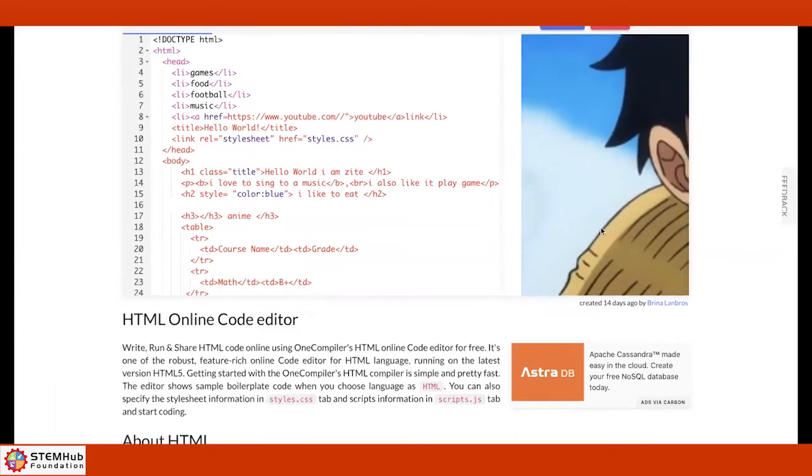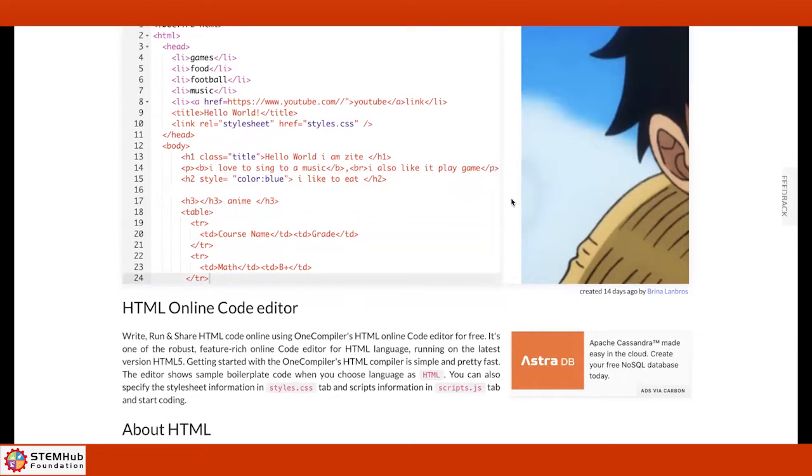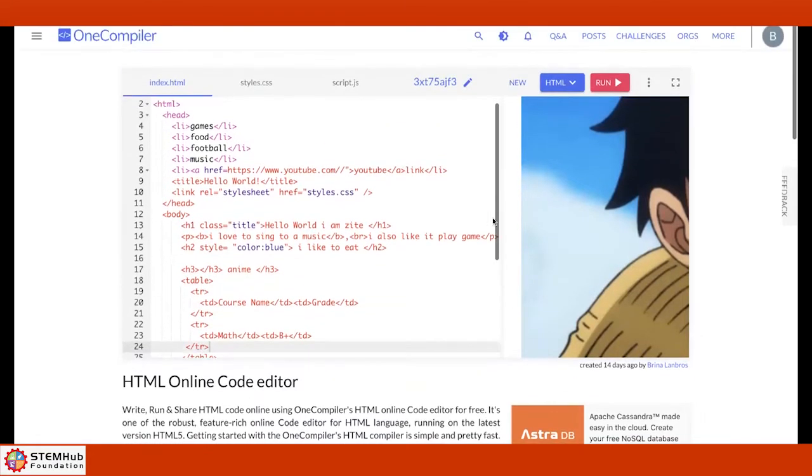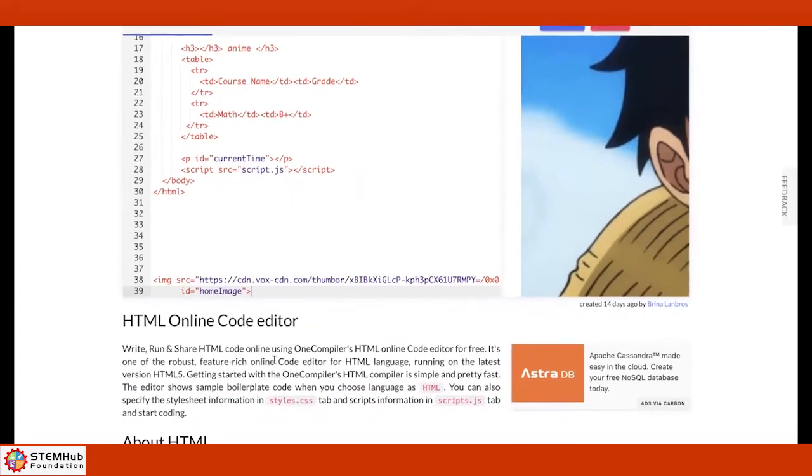Good, that's great. Now scroll down to the bottom of your code. I think you added your image after the body, at the end of the body. Click in there and use your cursor, you don't have to use the scroll bar. See that image? That image has to be within the body.